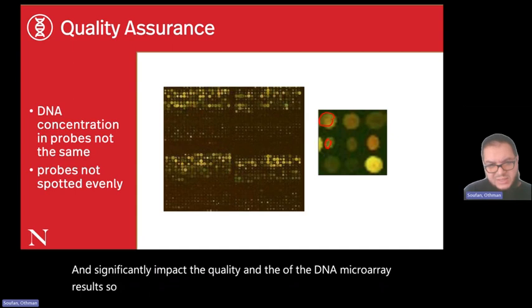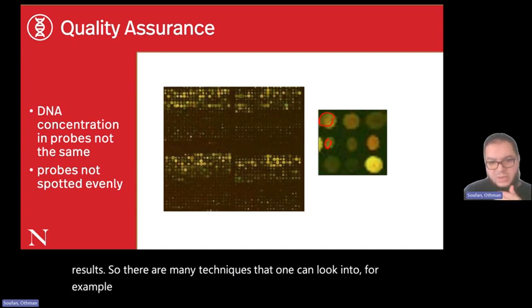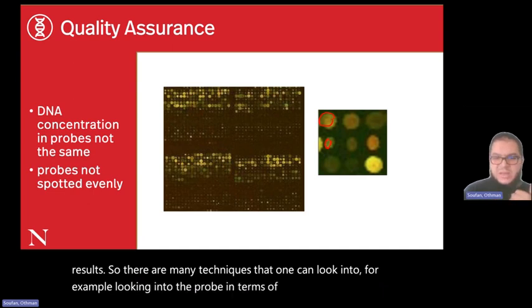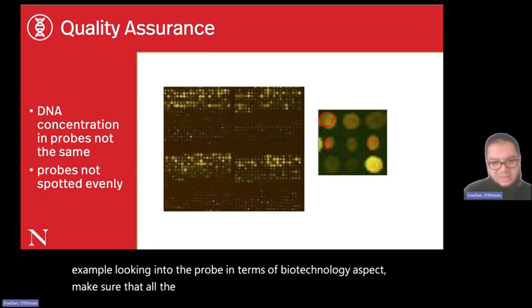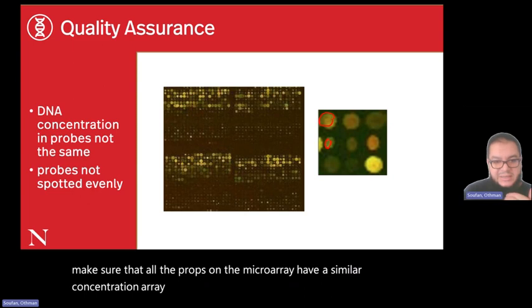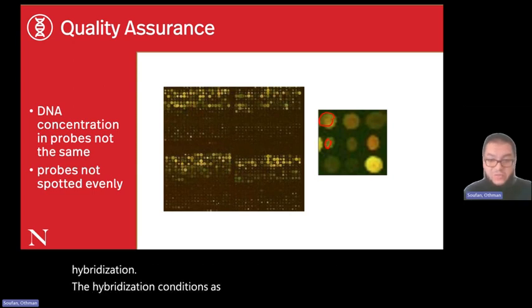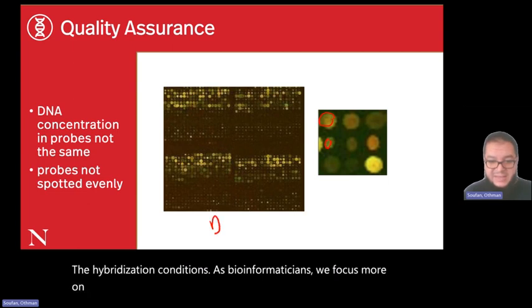So there are many techniques that one can look into. For example, looking into the probe in terms of the biotechnology aspect, make sure that all the probes on the microarray have a similar concentration, and look into array printing quality, sample quality, and hybridization conditions. As bioinformaticians, we focus more on the data analysis